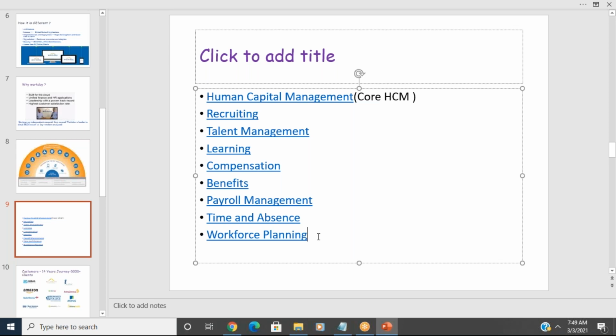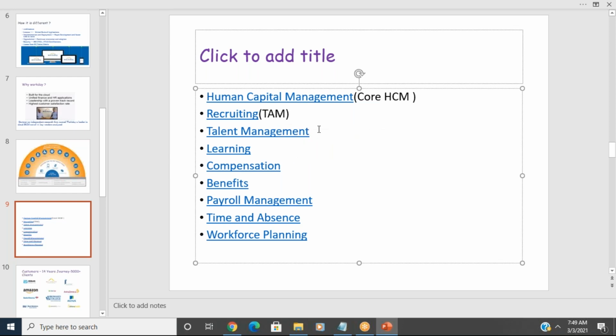In finance, there are different modules. From core HCM, the employee data will flow to all other modules except recruiting, which is for talent acquisition management. There you create the job requisition, and the interview process, everything, happens in recruiting.